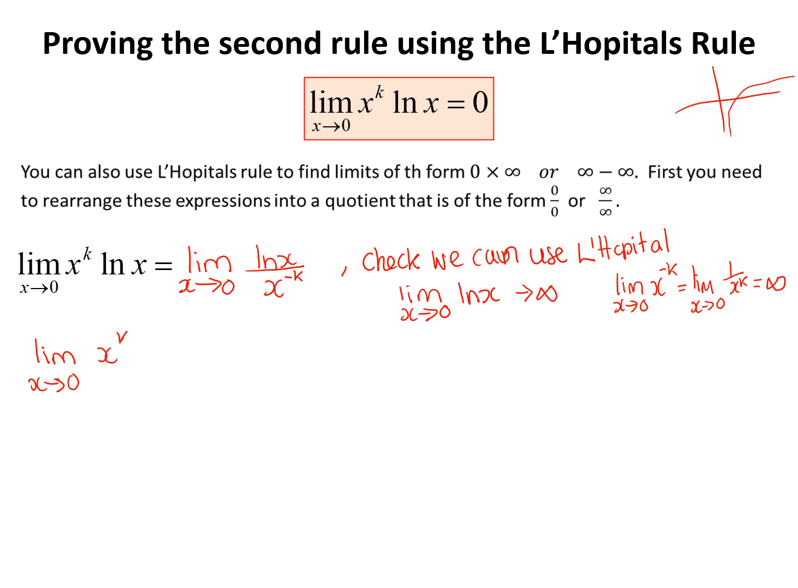Oops, I'm doing the wrong thing. The limit of ln x over x to the minus k will be the same as if we differentiate both. So that's going to give me the limit